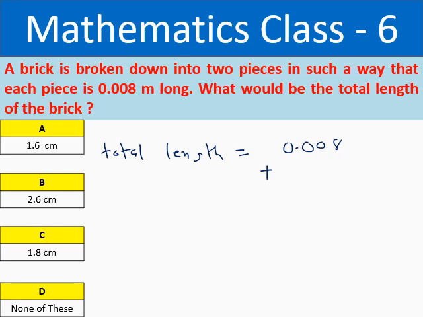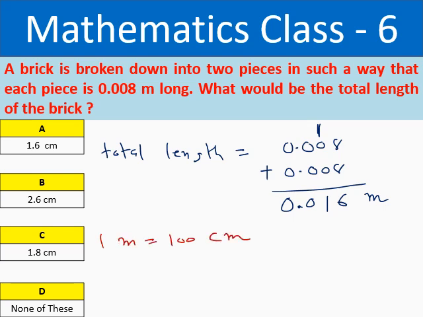0.008 plus 0.008. So if we do this addition, 8 plus 8, 16, carry 1, so we'll get 1, then 0. So we'll get 0.016 meter. Now we want the solution in centimeter. So now we know that 1 meter is equal to 100 centimeter. So here we'll multiply